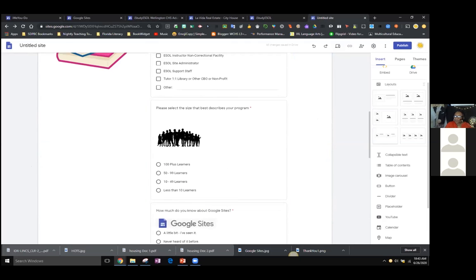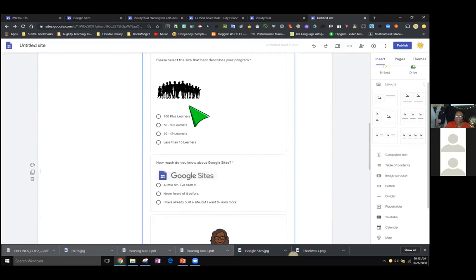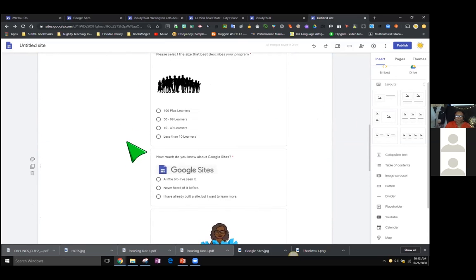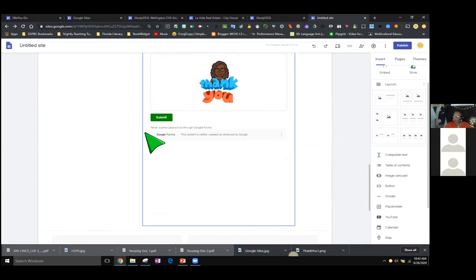So you can actually play around with all of these because it's that simple. You click and drag, or you just double click and it will come on the page for you to work with.